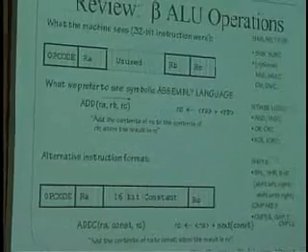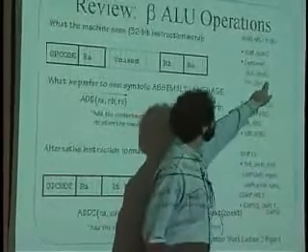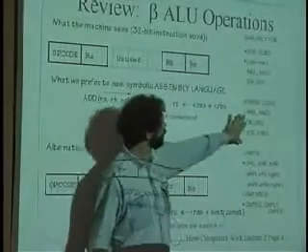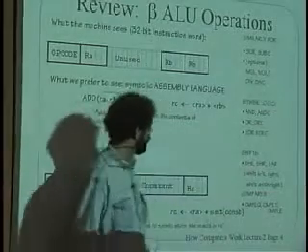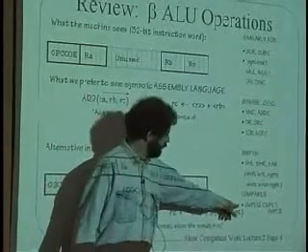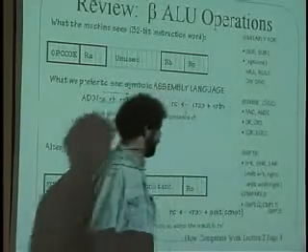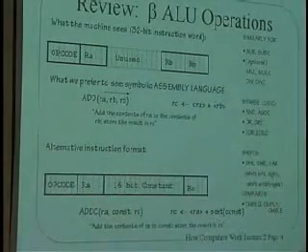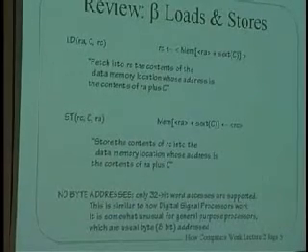And what sort of instructions did we have? We had very straightforward ones like add, subtract, multiply, and divide. We had the constant versions of those, which used this format of instruction as opposed to this one. We had logical instructions like AND, OR, and XOR, and also shift left and shift right, and different things for doing tests before we do a branch, like compare if equal, compare if less than, compare if less than or equal to. So this is, again, just by way of review. And when you do the problem set, which is about to be handed out, you'll actually get a lot